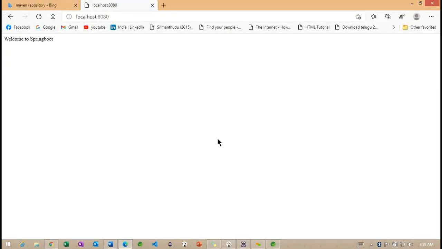We'll go back to the same example. We'll see. So observe here, welcome to Spring Boot. We are getting welcome to Spring Boot. But initially when we were working with the controller, we got an error here. Whenever I change controller to REST controller, we get the message.